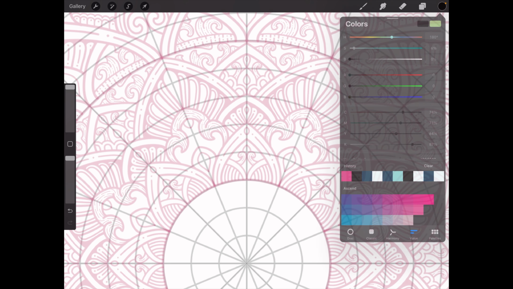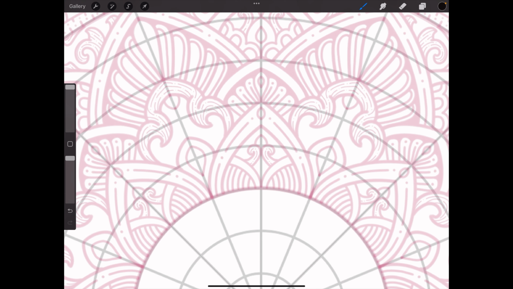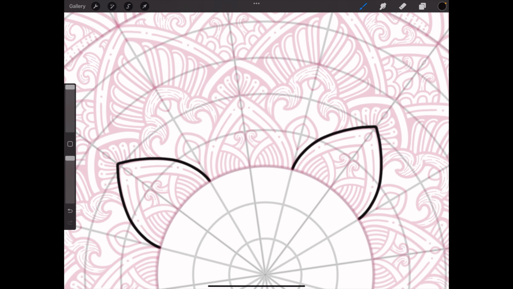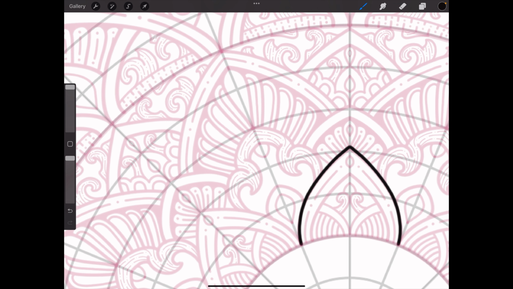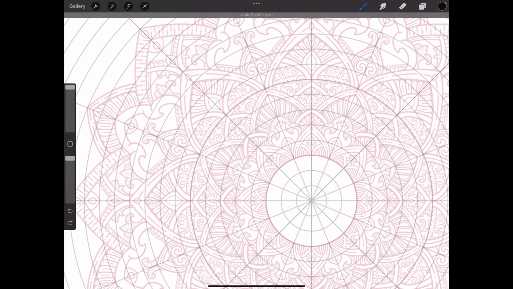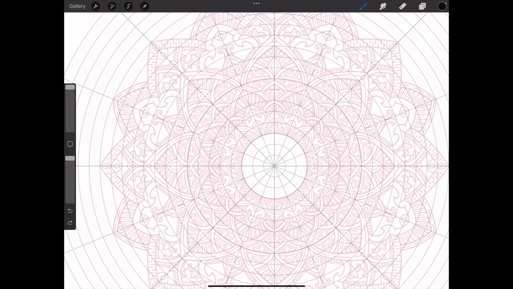There we go. And then I will just start to draw it. And like I said, I'll freehand it. There are sections where I'm going to have to completely freehand, but I personally like doing it like this. It kind of gives off the feel of doing it traditionally, with the assistance of doing it digitally with Symmetry